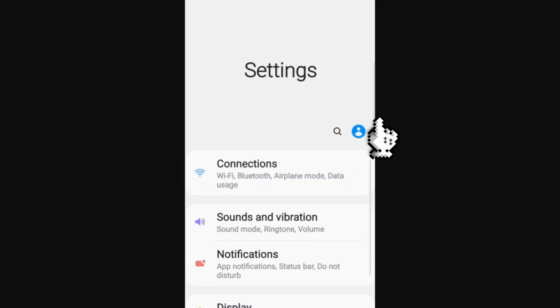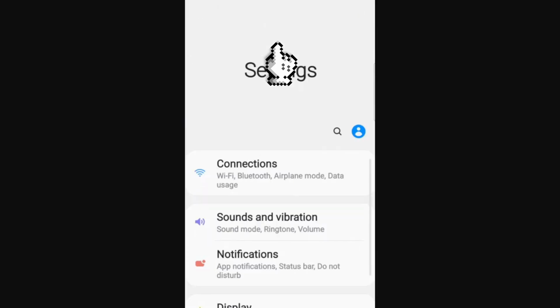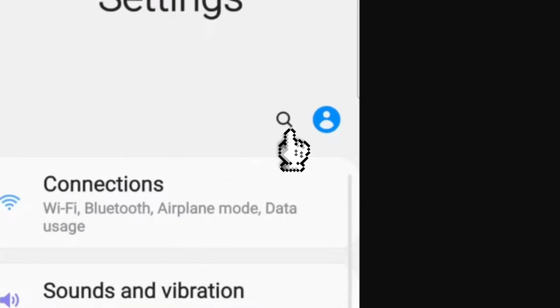After that, if it still doesn't work as expected, what we are going to do is go to our phone's primary settings menu, and within those settings, we are going to look for the applications, okay? Or we can also search directly for the apps from here by typing